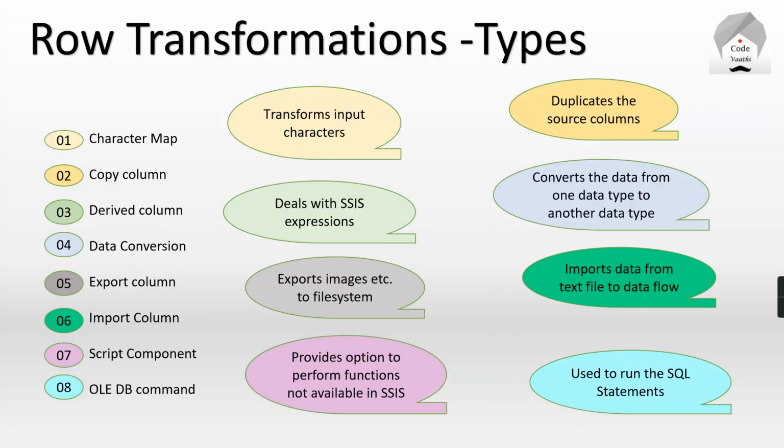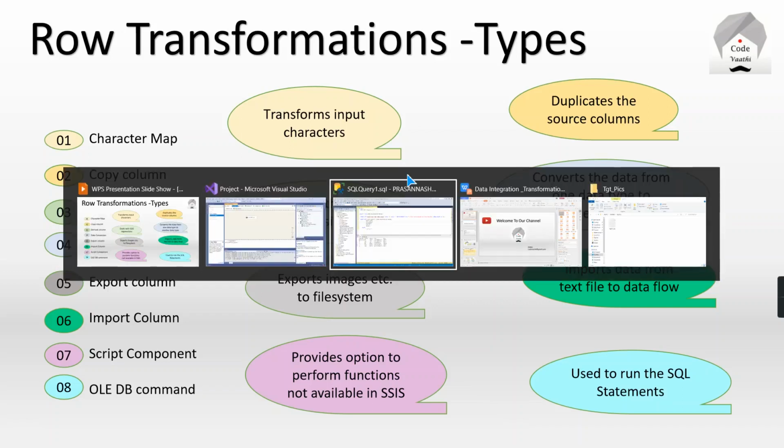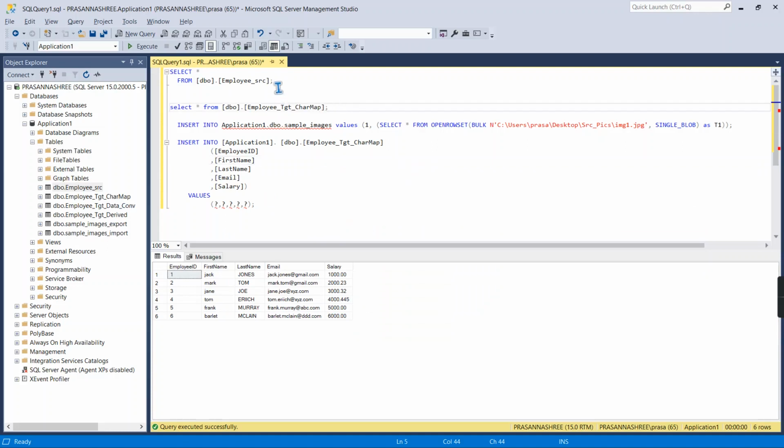Next comes derived column. Here also we can create new columns, but without the help of the existing input columns. Without input columns we can create new columns using this transformation, but in copy column we can create only from the already existing columns. So it is mainly used to add a column which does not exist in the input, as well as to apply expressions using this derived column. Okay, we will see once the source data and the transformation we are going to apply.